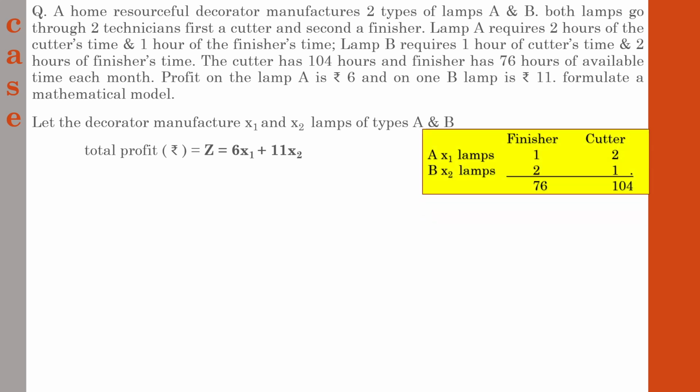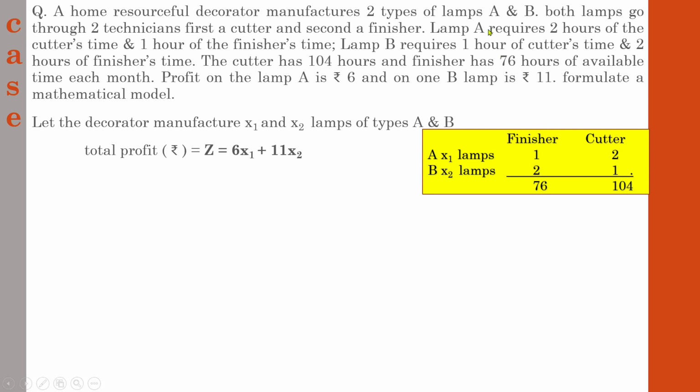There is no necessity regarding preparation of a table. It is for your convenience. You can either follow a table, or if you are efficient in identifying the details given in the question, then you need not prepare a table. It is not compulsory. In the question it is mentioned that there are two persons, one is the finisher and another is the cutter. There is no order regarding whether the cutter or the finisher has to be written first. You need to prepare two constraints or two linear equations. You can begin with either the finisher case or the cutter case, as per your discretion.